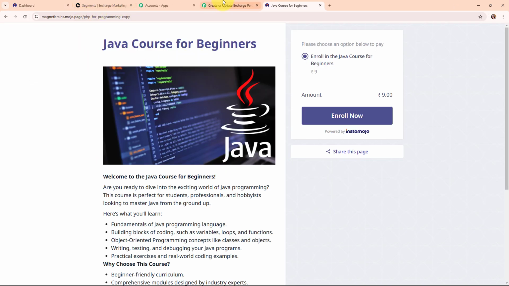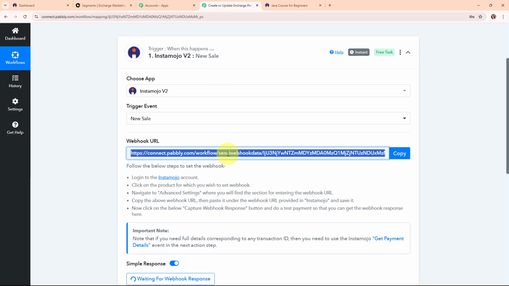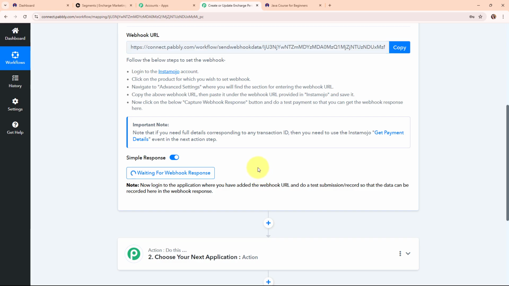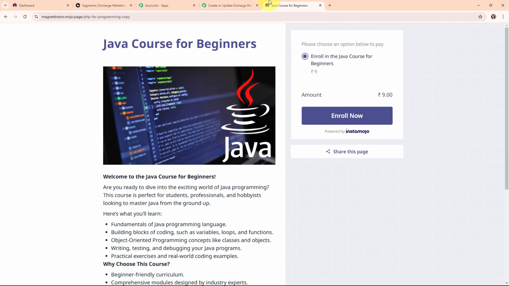So now let's move back to our Pabbly's workflow, and here you can see it is waiting for webhook response. That means here to receive a webhook response, we need to do a test submission, and to do a test submission, we need to make a test payment using our Instamojo payment page. So for that, let me take you back to my payment page,